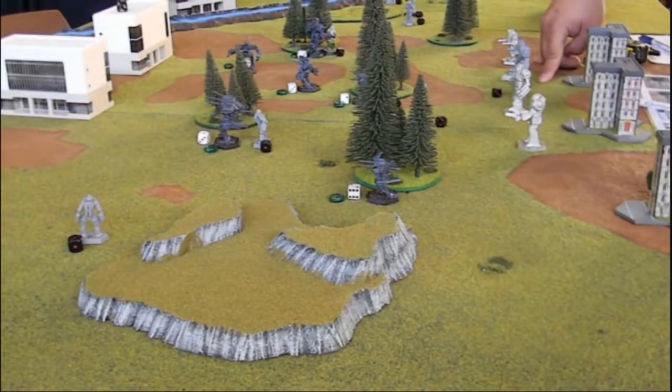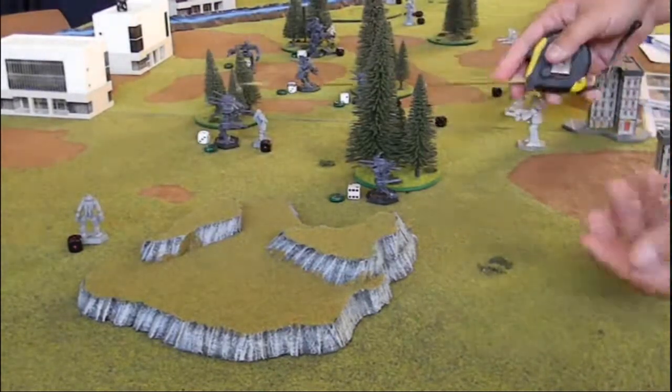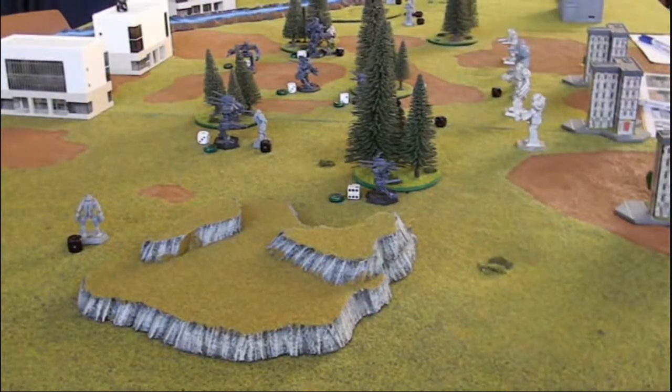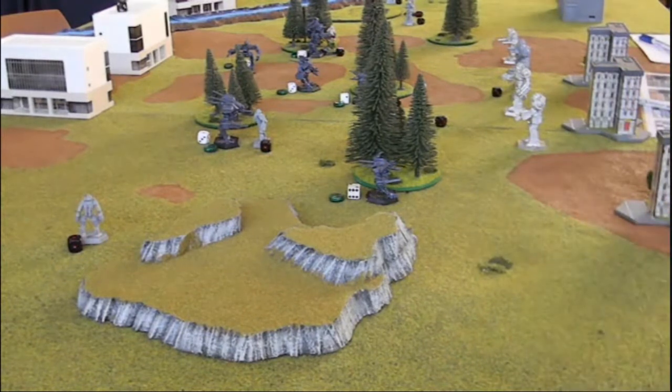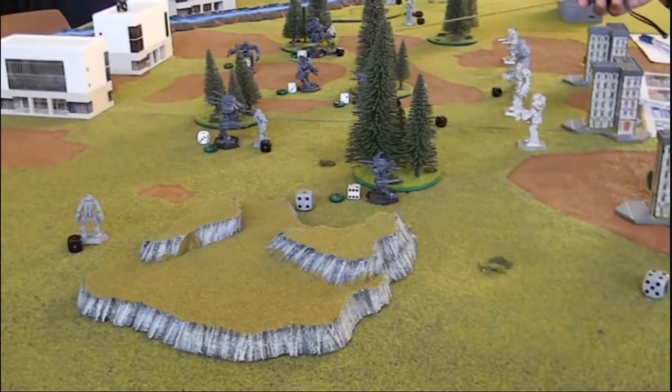So here we are, the third and final round for the day. This scenario was interesting in the fact that you don't actually score for killing enemy units. Each side has buildings. Depending on how much damage you do to your opponent's buildings will dictate how many points you earn. You also lose points if he does damage to yours,